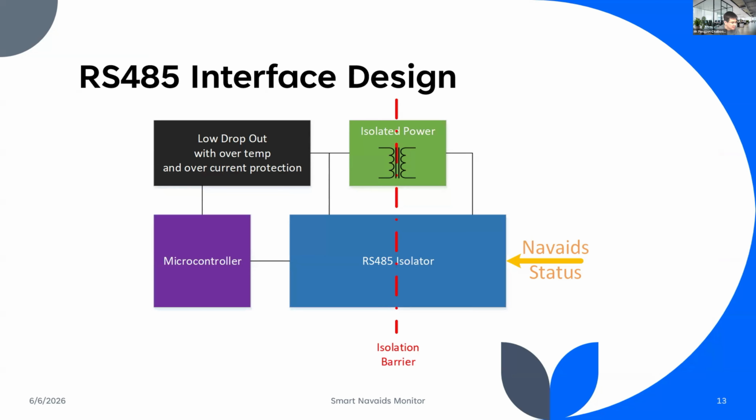Let's talk about the subcard. To safeguard the system against lightning and overvoltage, we use an isolation design to protect the equipment from lightning or surge. This is very critical because we work with air traffic control. If something like a surge or high power occurs, it may cause the entire system to go down.